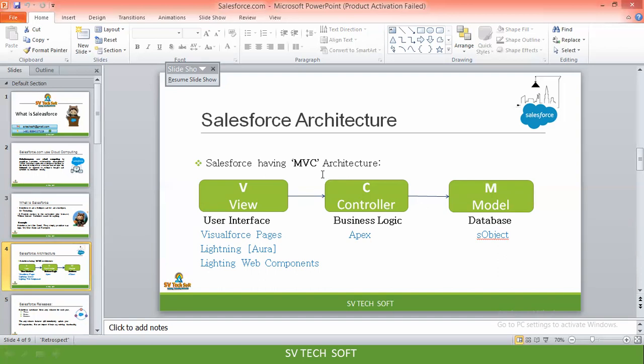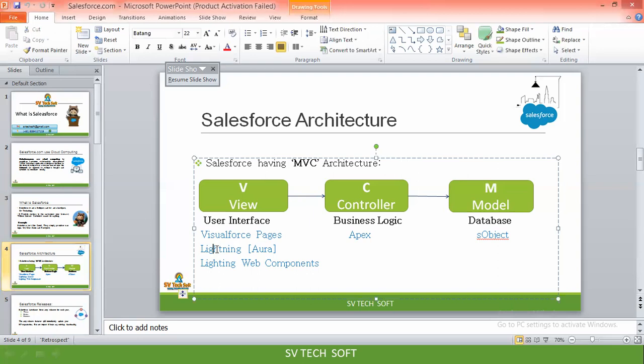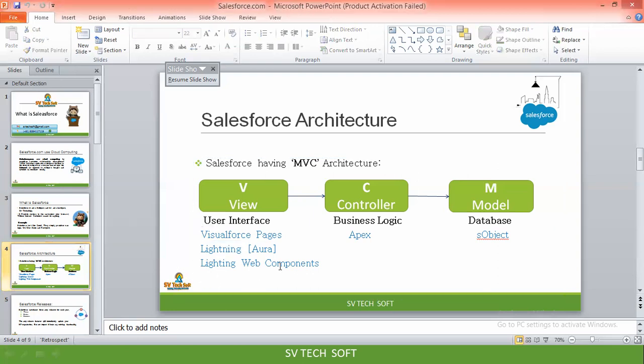For that coding, we have to learn classic Visualforce pages. You have to use Lightning. You have to use Lightning web component. I have mentioned it in the Salesforce training: we will teach about Salesforce CRM. After that, administration. Then development comes under Apex, Visualforce page, Lightning web component, integration, right?